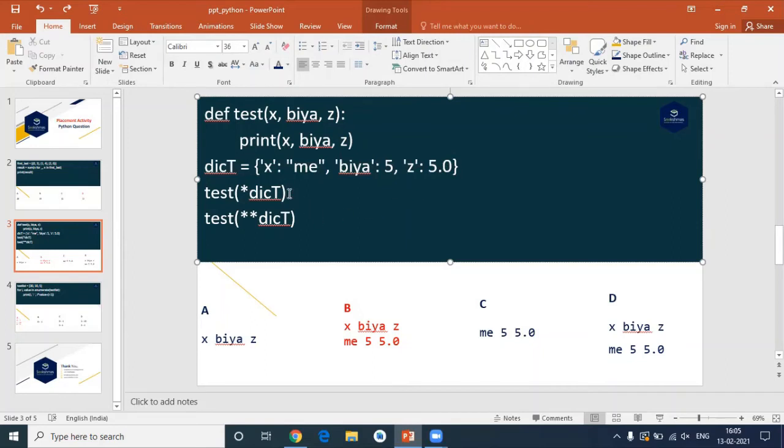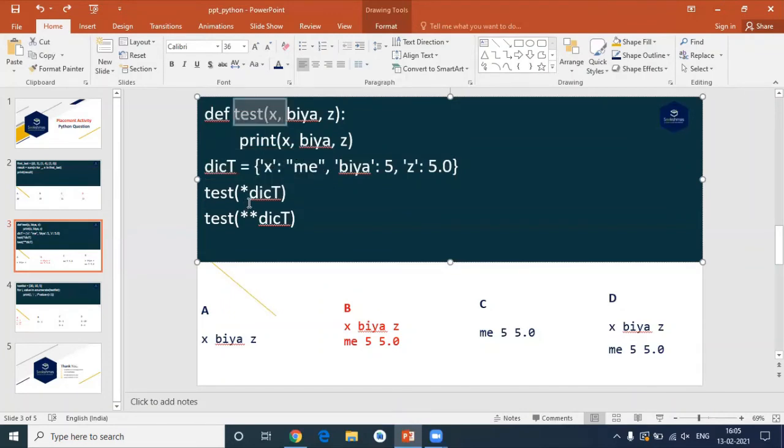And we are calling the test function by specifying star dict. The special thing here is that I'm unpacking the values. Unpacking means I'm passing the keys to these parameters.